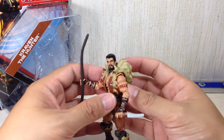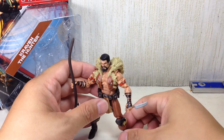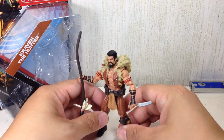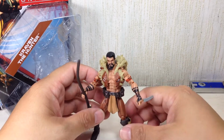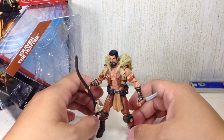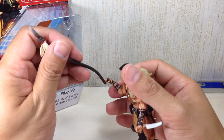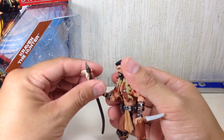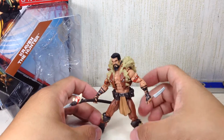When I was a kid, I saw cartoons of Spider-Man. There was always Kraven the Hunter as one of his villains. I really did not like the whole idea of this character. Super strength, and he looked like a safari guy. You know, just like in Thundercats, there was a character named Safari Joe. I never liked that guy. I hate hunters for some weird reason. Hunter villains, and this guy is something like that. Anyway,